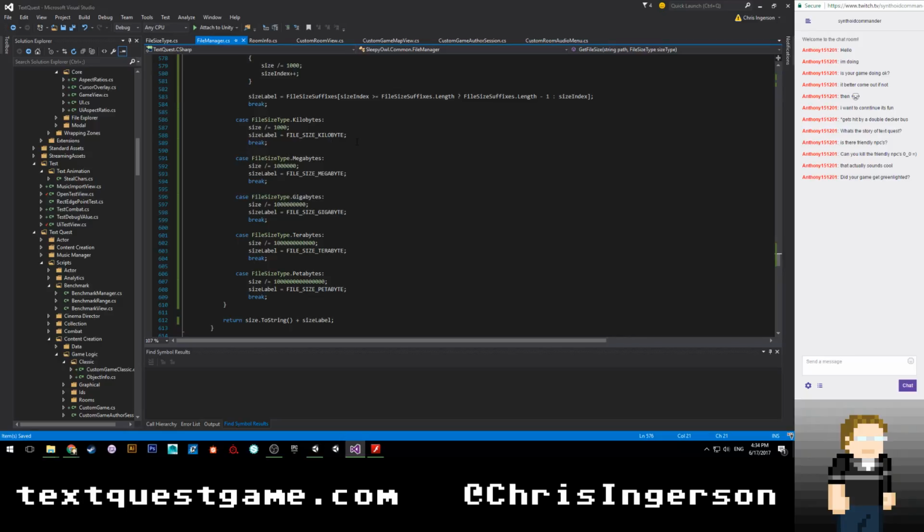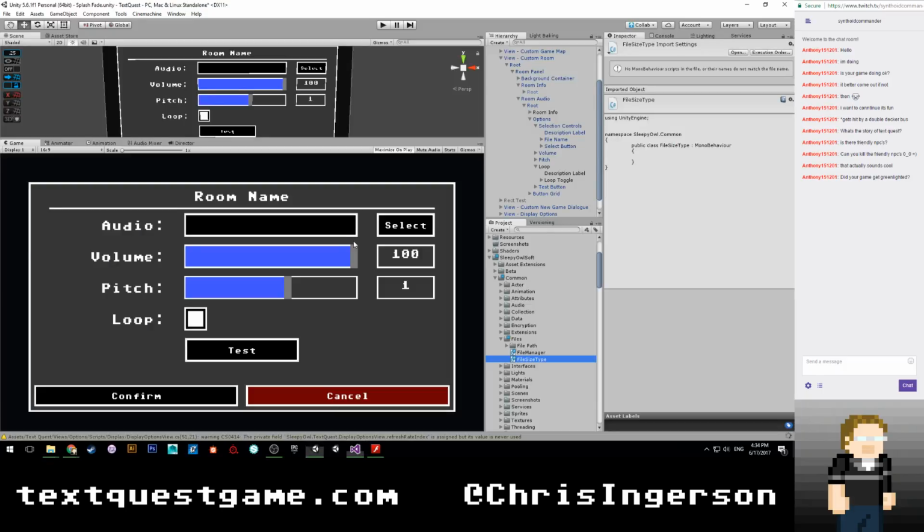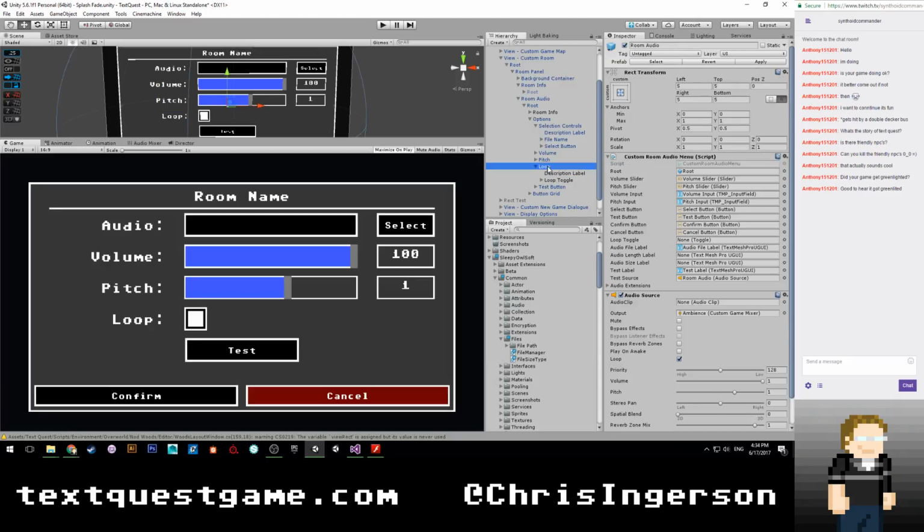Let's go ahead and save this. Now go back to custom room audio menu. Size, get file size, auto. Okay, I think we're good. So let's go ahead and let that load. And next, so we have looping on. Come on. Come up here to room audio. Grab our toggle. Sorry, wrong thing. Toggle, and then we need to set up our